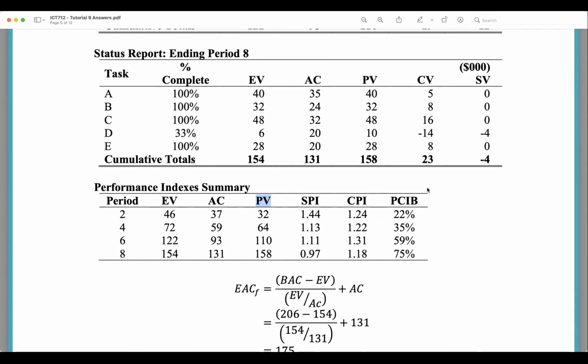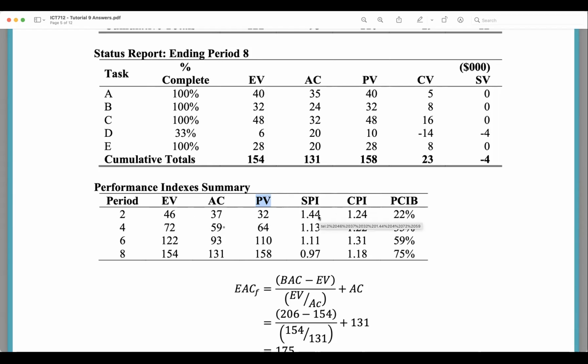So what does SPI and CPI mean? Well, SPI equals earned value divided by what, guys? Planned value. Correct. 46 divided by 32. And CPI equals 46 divided by what? Actual cost. Earned value divided by actual cost. That's great. So what we know from there is SPI is positive and CPI is positive, which means for every